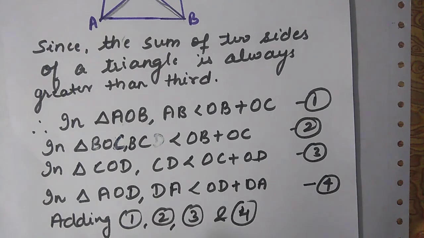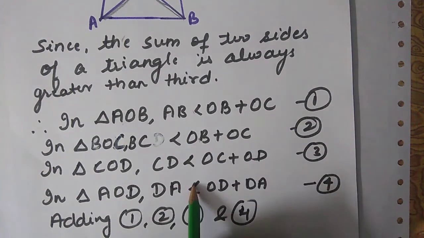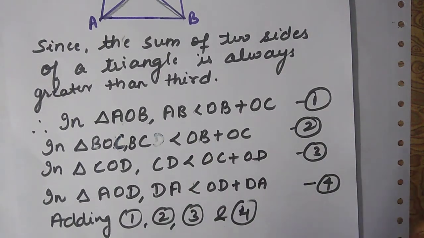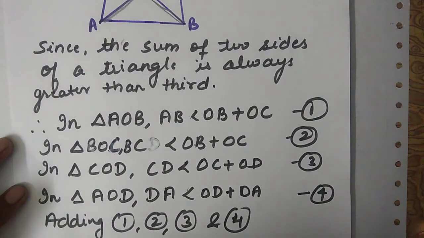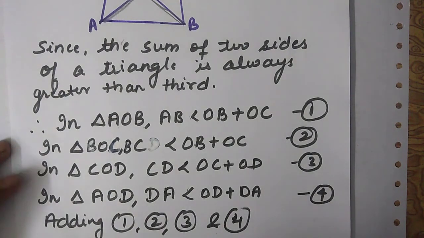Okay, same way you have to add these 4 equations. Left side must be added to left and right must be added to right. Okay, and these questions beta you only understand by revising again and again. Because this is totally theoretical question, so you need to read it again and again, revise it again and again. Okay, so question number 5 and 6 you have to do yourself.